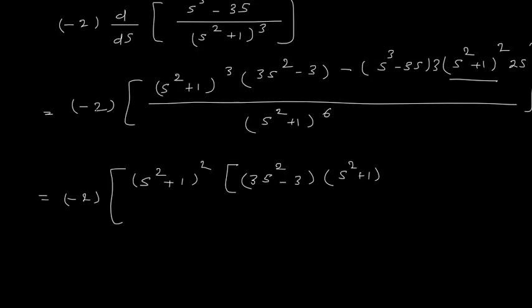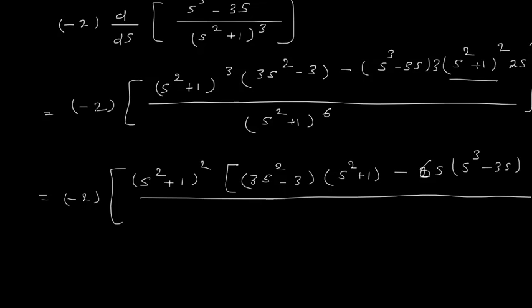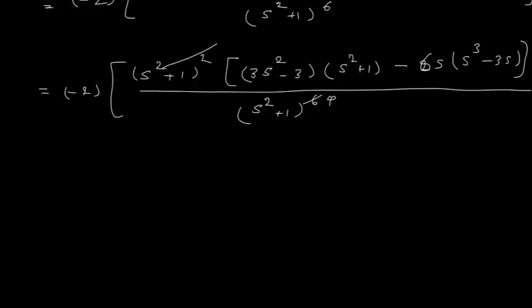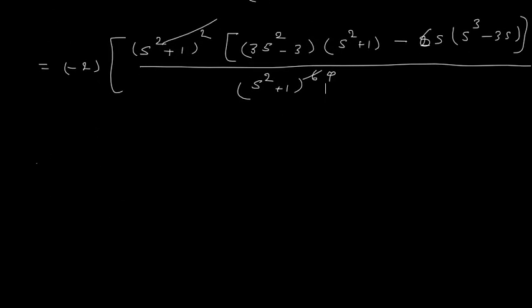Then I have minus 2s into 3, so that is minus 6s into, we have s cube minus 3s, and whole divided by s square plus 1 the whole power 6. Now this power 2 and this power 6 will cancel. I have power 4. So I will write this is equals to minus 2